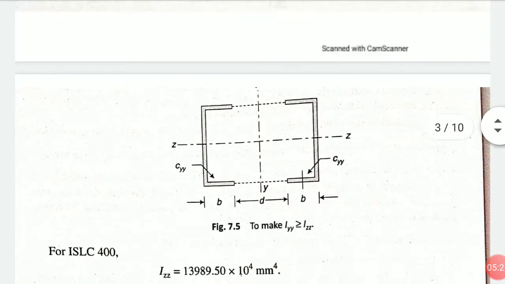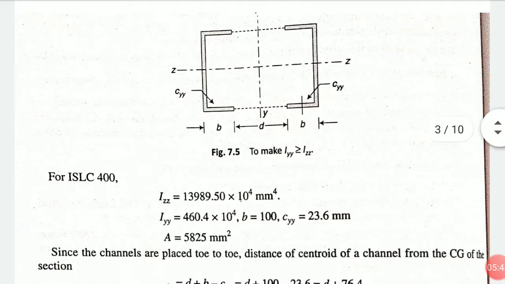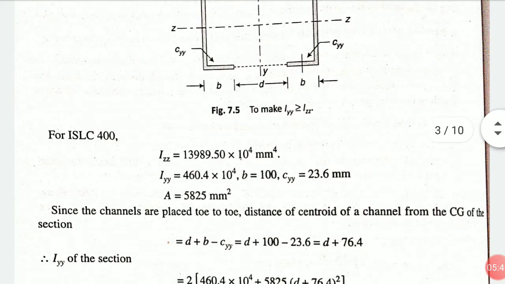Okay, see here the channels are placed something like this. D will be the width of leg of the channel. Okay, D will be the clear spacing between toe of one channel to toe of the other. The CG of the channel sections will be at the center of B. Okay, now to get radius of gyration I need to calculate